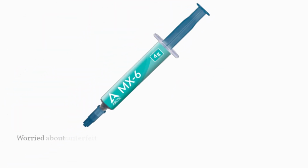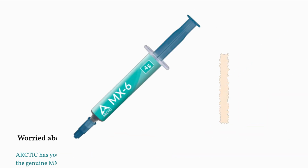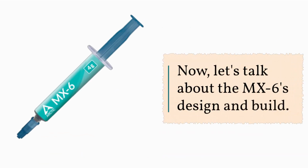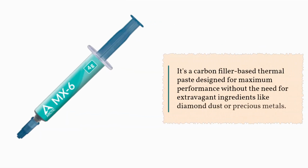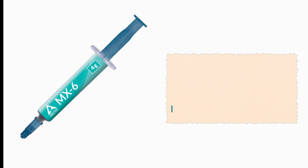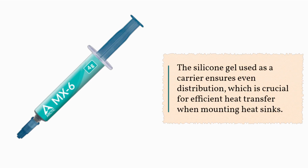Worried about counterfeit products? Arctic has you covered with their authenticity check, ensuring you receive the genuine MX-6 for optimal performance and reliability. Now, let's talk about the MX-6's design and build. It's a carbon filler-based thermal paste designed for maximum performance without the need for extravagant ingredients like diamond dust or precious metals. The silicone gel used as a carrier ensures even distribution, which is crucial for efficient heat transfer when